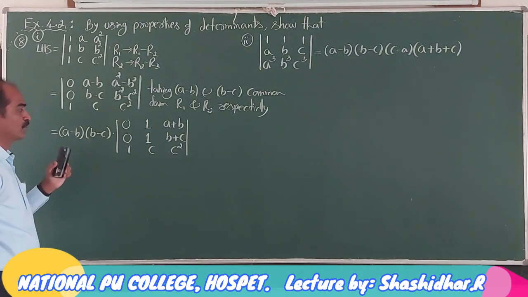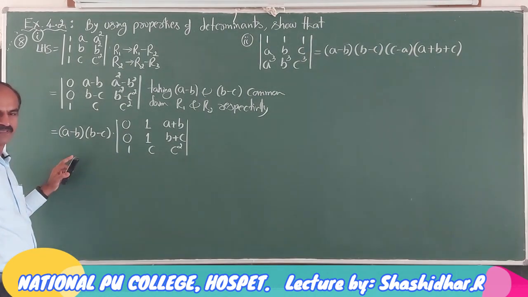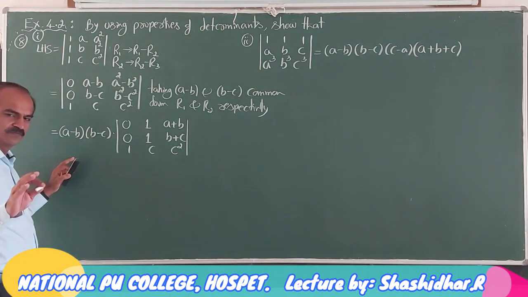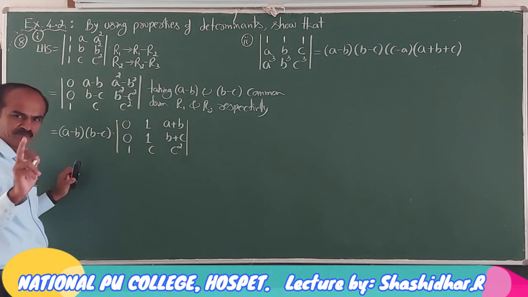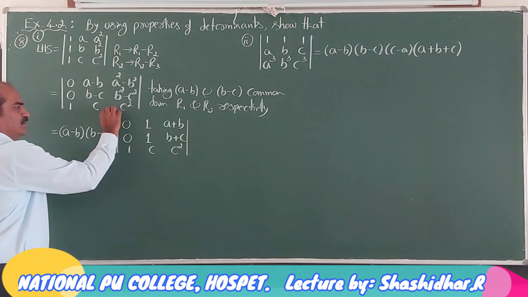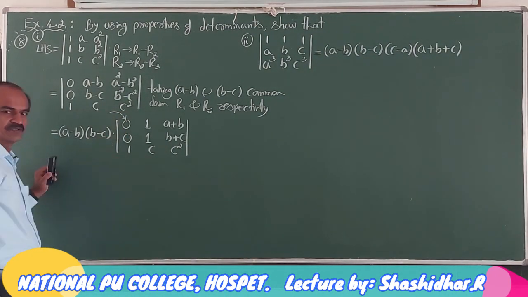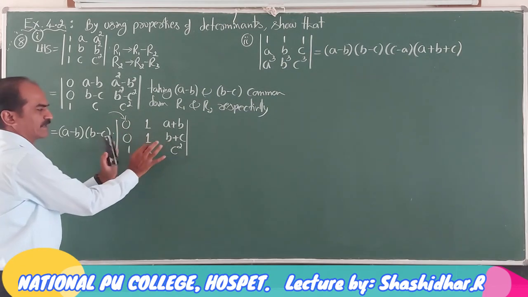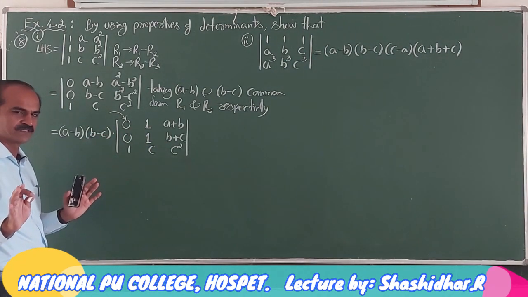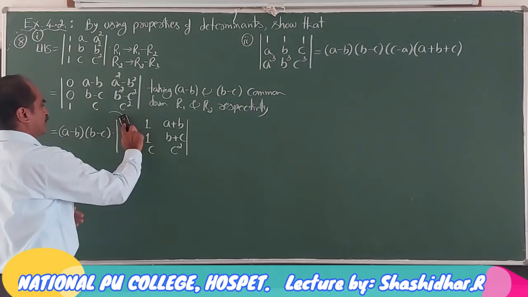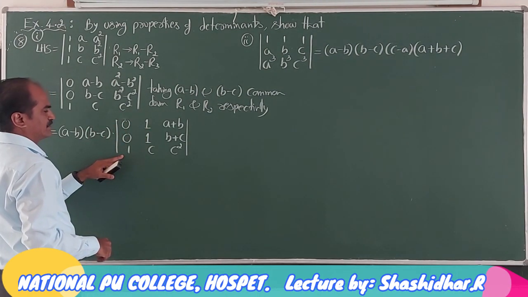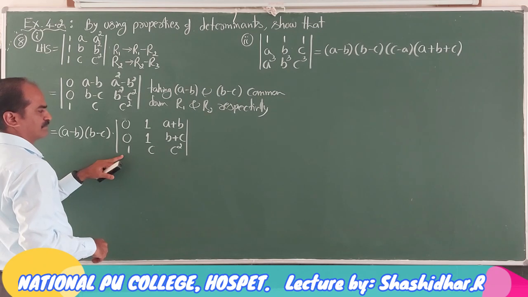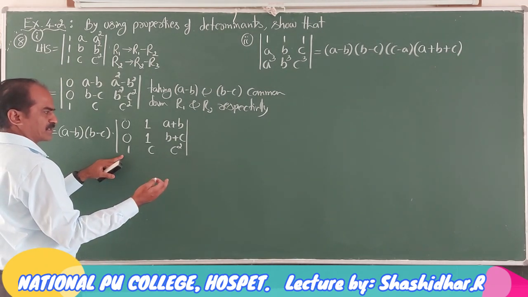Now I need one more factor, c minus a. Either you plan c minus a factor, then expand the determinant, value of determinant will be 1. Otherwise, at this stage only I can expand it using column 1. Definitely you are ending with c minus a. Either of these two methods you can use. Okay, let me show one by one. Now, I need c minus a factor. In order to get c minus a factor, I can plan for row or column operation.